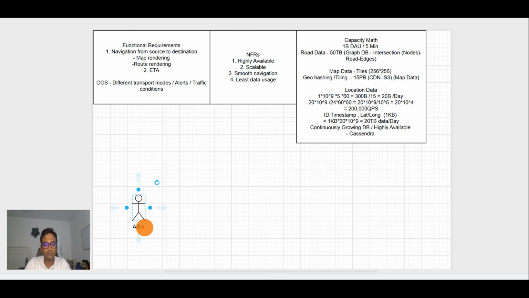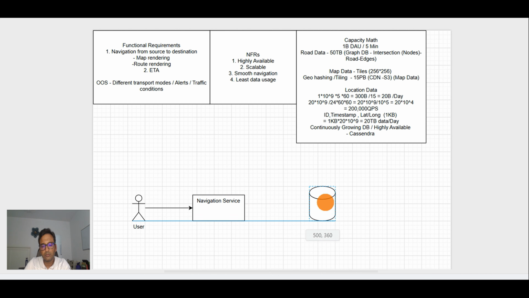Here is the user, and there will be a navigation service which actually uses the road data, the graph DB,